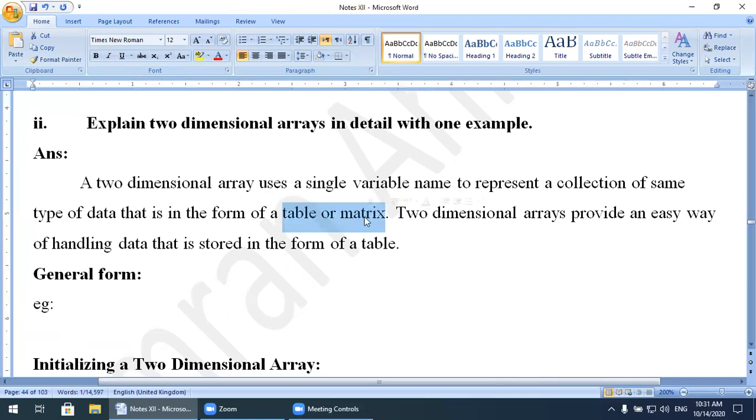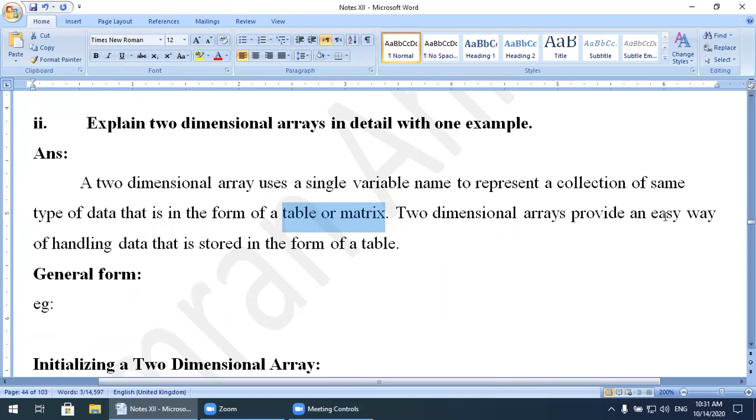In mathematics, when you perform any kind of matrix calculation, data is present in multiple directions, meaning along the x-axis row-wise and the y-axis column-wise also data is present. That is called a matrix in mathematics. Over here, you can say it is called a two-dimensional array.